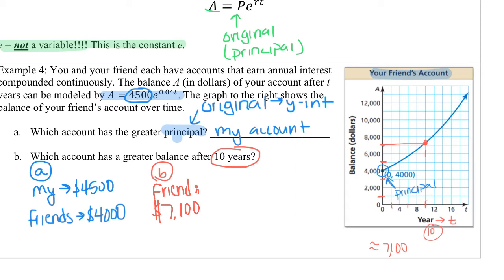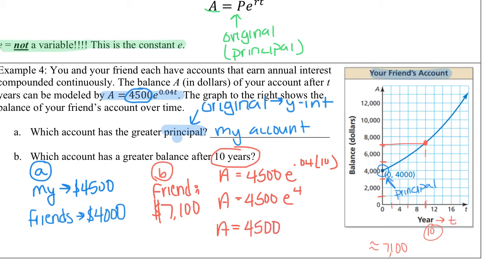Well, my account is that equation. So A equals 4,500 E to the 0.04, and T is 10. So we're going to evaluate this and see which one's greater. So 4,500 E, 0.04 times 10 is 0.4. Now remember, E is actually a number, E to the 0.4. So E to the 0.4 is about 54.598. Rounding will make a difference here. Then if you multiply that 54.598 times 4,500, you get about